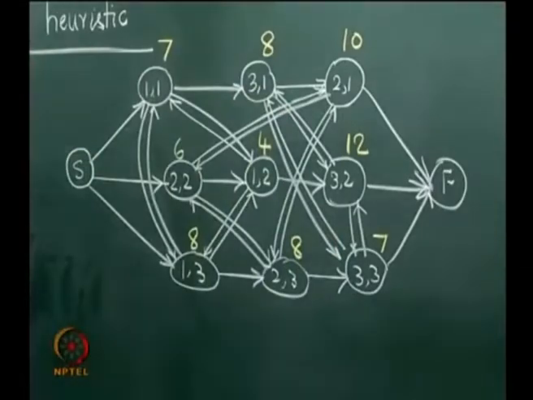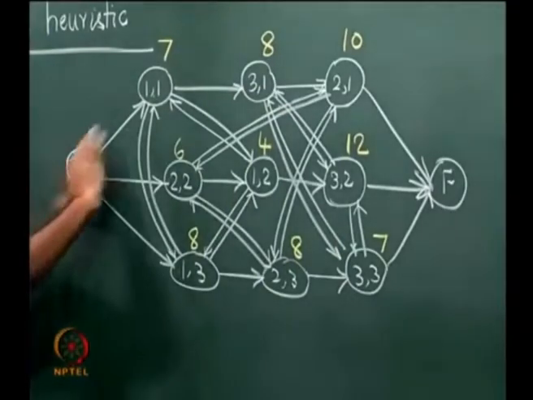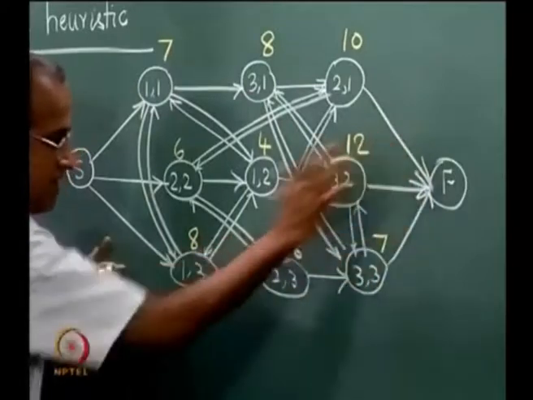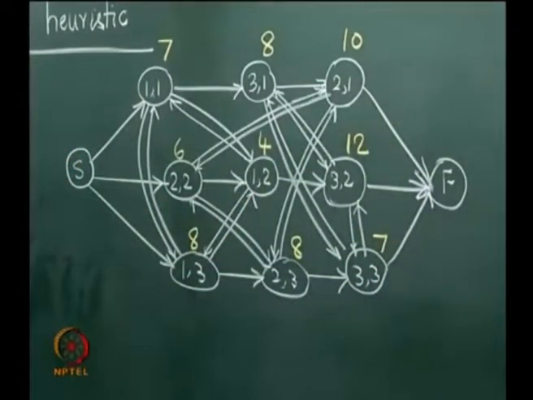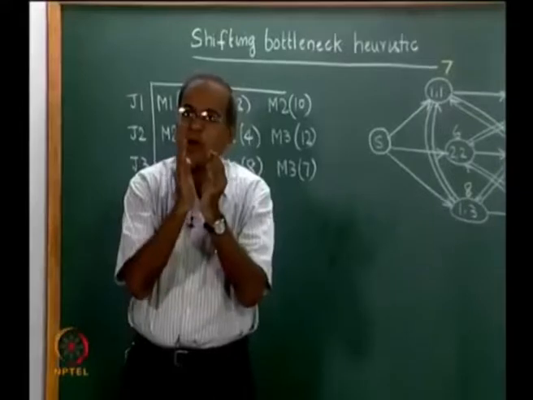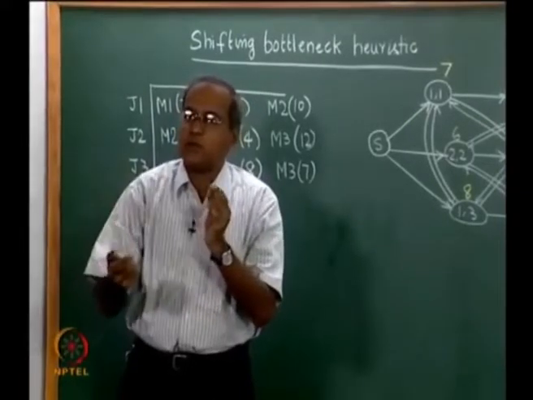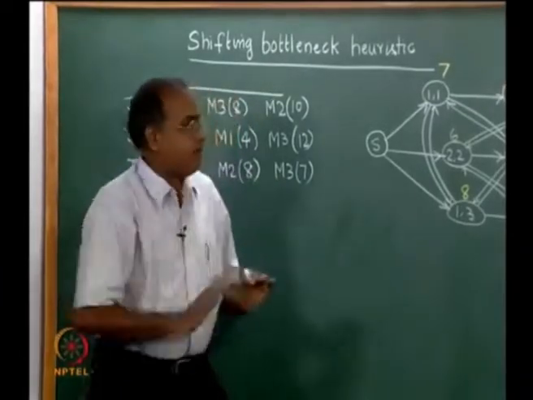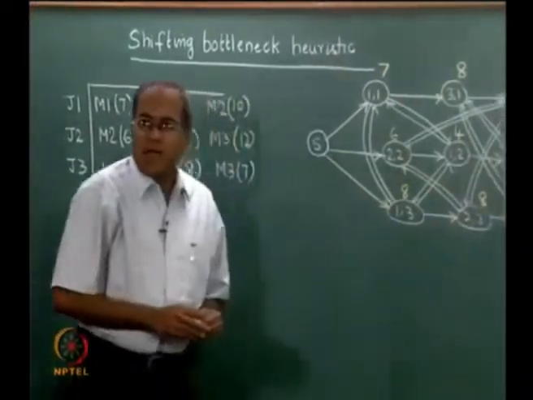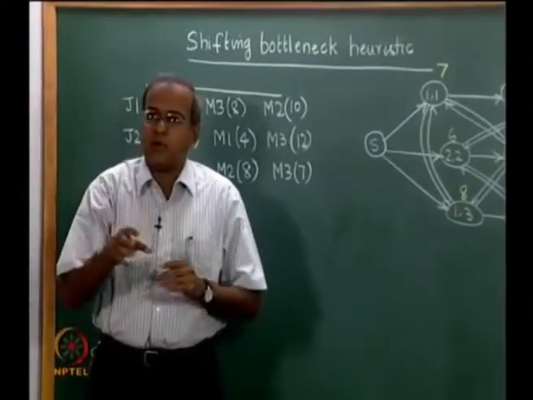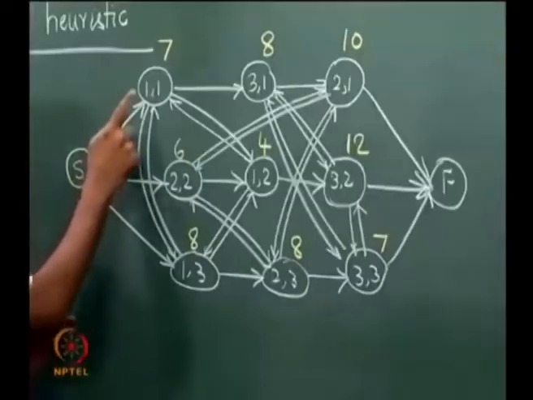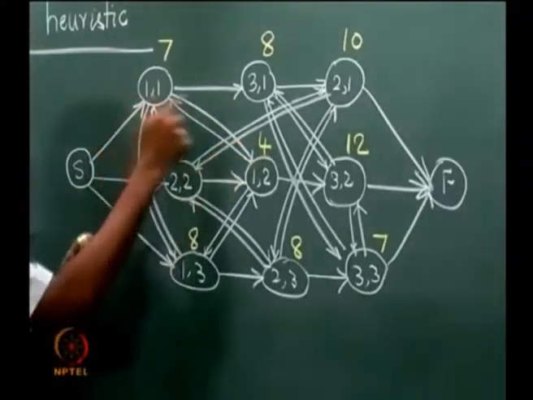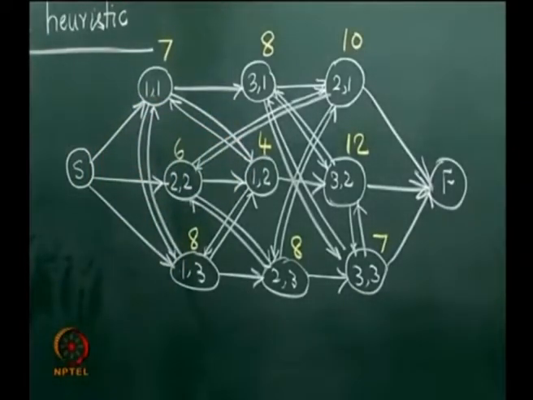So, this completes the network where these type of arcs will not change, the directions will not change, and in all the places where we have 2 arcs, depending on the solution, only one of them will be active in the final solution. Now, if we draw such a network, and our decision now is to find out, if we take machine 1, out of these 3 sets of arcs, 6 arcs that we have written, which of them are going to be active and which of them are not going to be active.